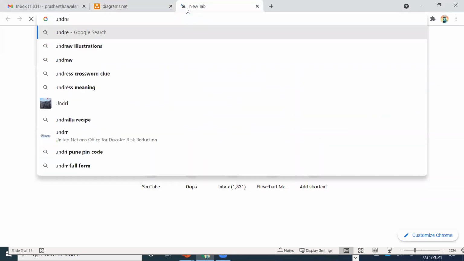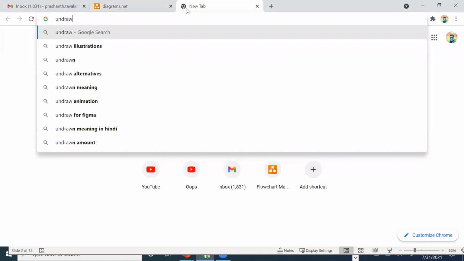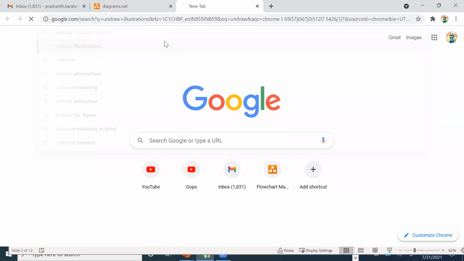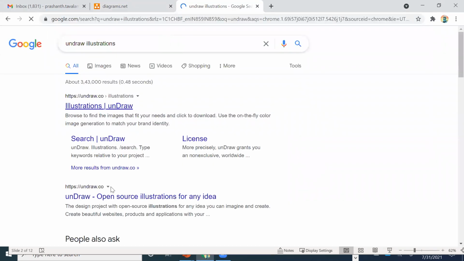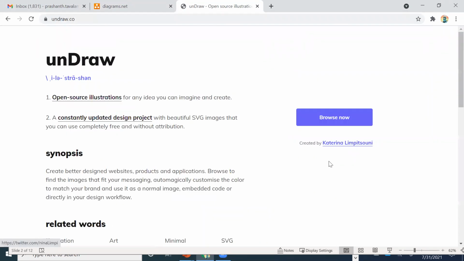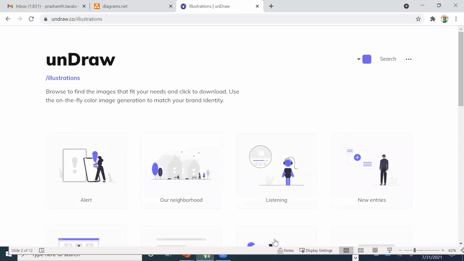Sorry, it was Undraw. Undraw illustrations. So here what you do, it's open source. You can pick a lot of the icons from here. So Undraw is a website where you can go pick.